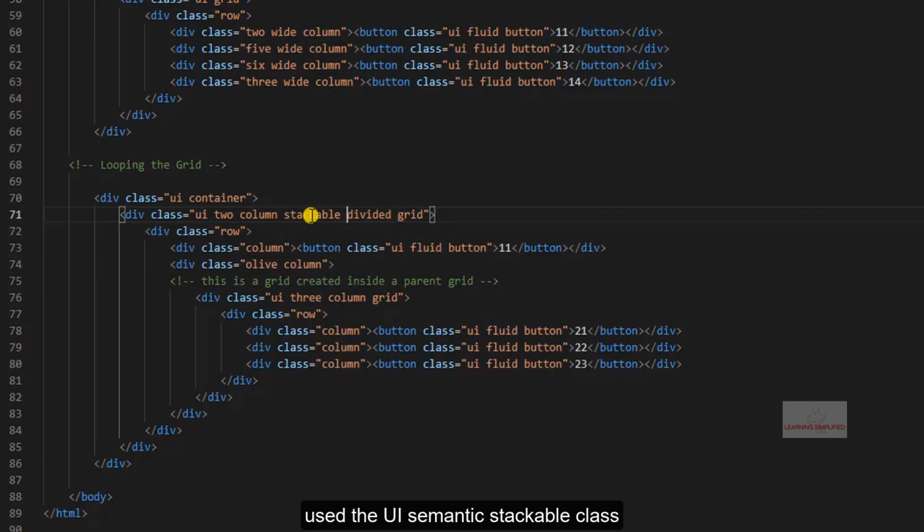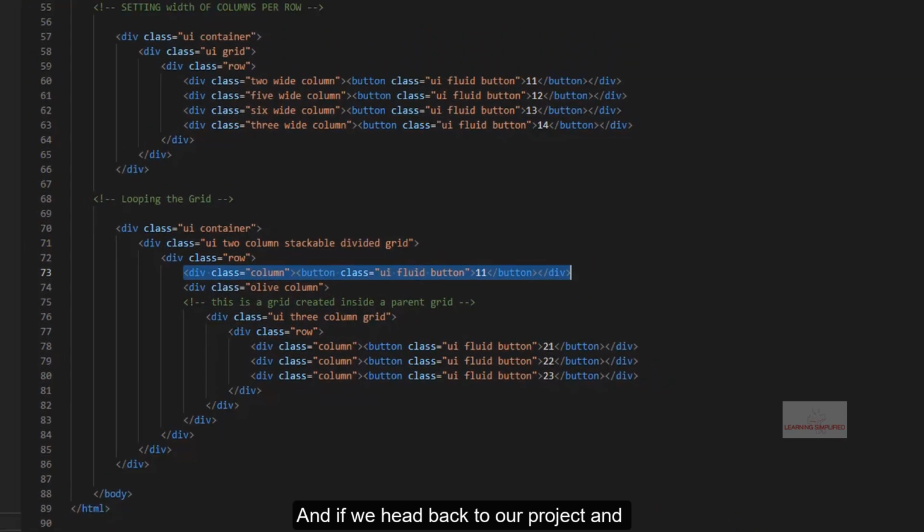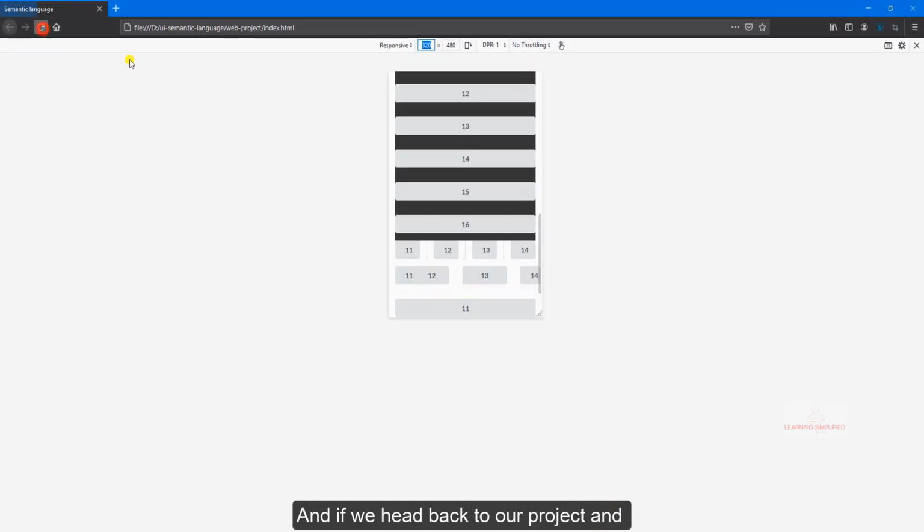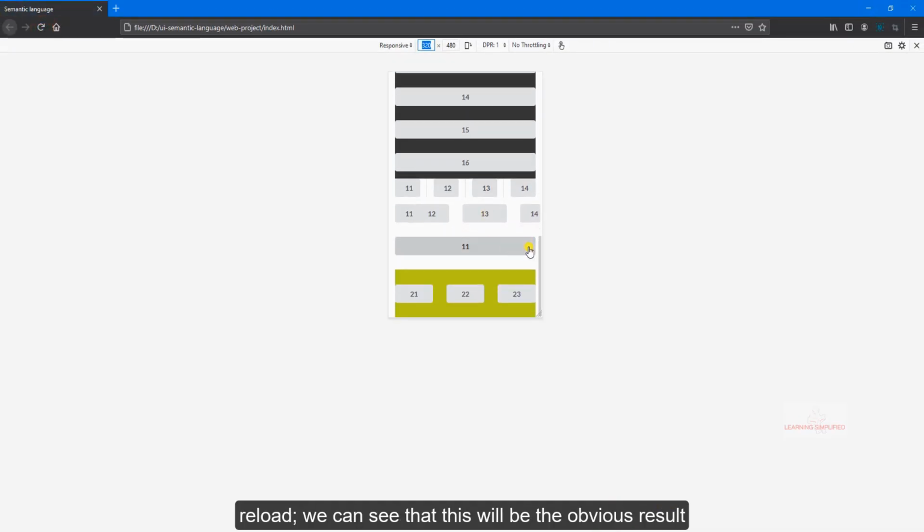We have used the UI Semantic stackable class in the main, parent grid element that we had created earlier. So definitely these two columns should be stacked one over another. And if we head back to our project and reload, we can see that this will be the obvious result for low mobile responsive device display width.